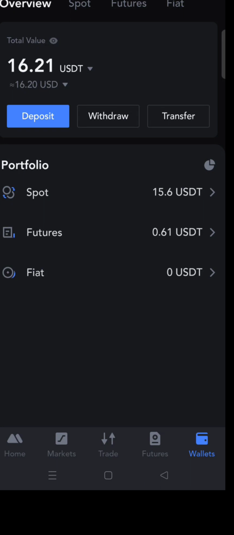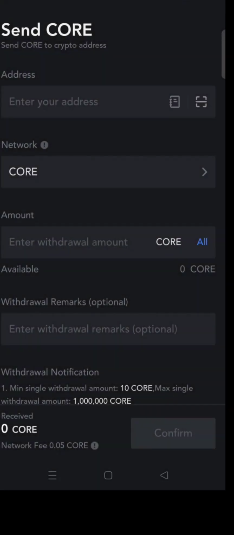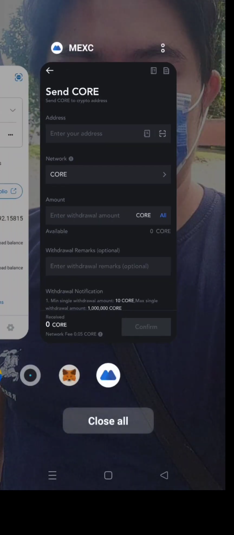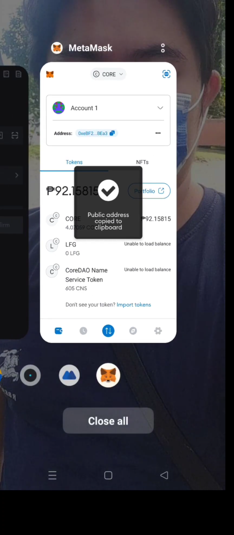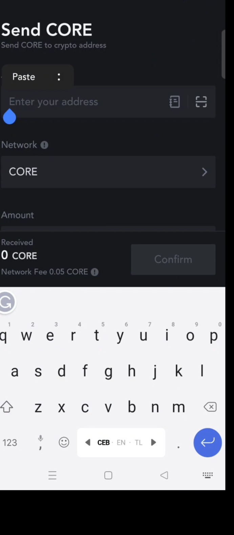just withdraw, and it needs you to enter an address. So copy the address, this one, and paste here.